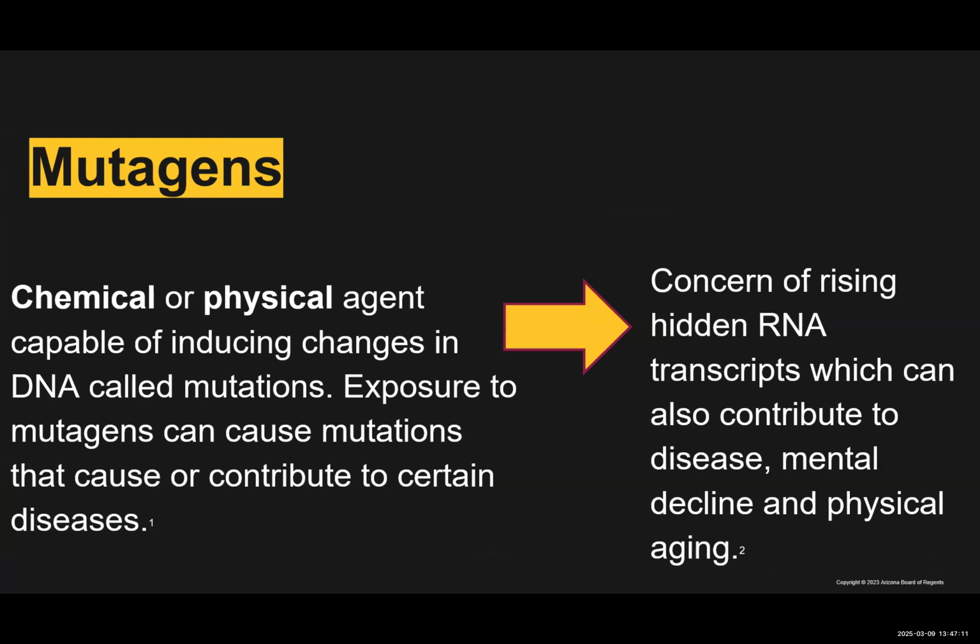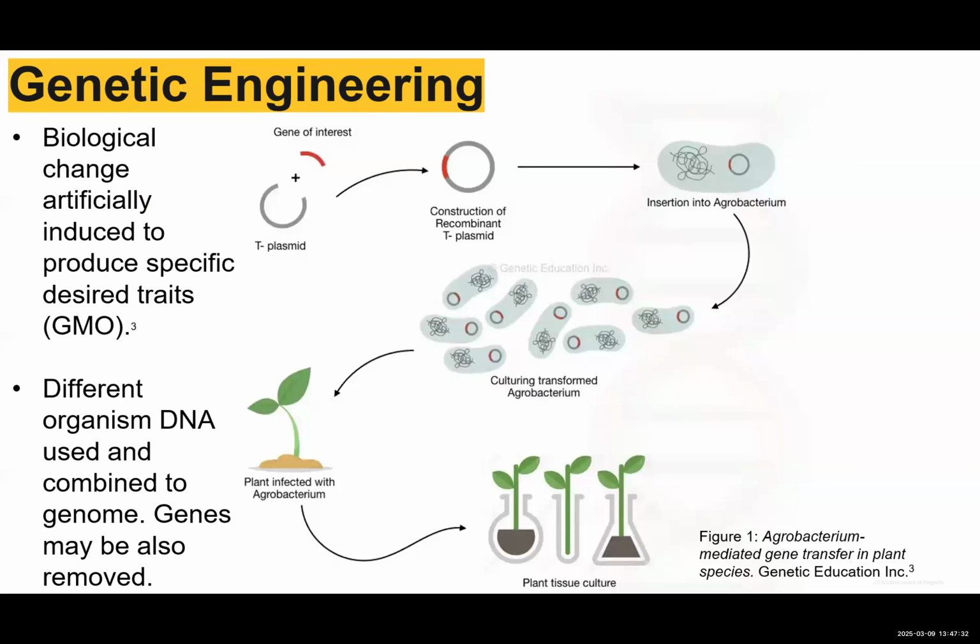That begs the question, what is a mutagen? Mutagens are chemical or physical agents which induce changes in our DNA. These mutations contribute to certain diseases, like cancer. They can also ultimately lead to mental decline and increased rates of aging. And in order to really understand genetic engineering and what processes are being done to crops, the first semester that I came down to Arizona State University, we actually induced these genetic changes in plants with